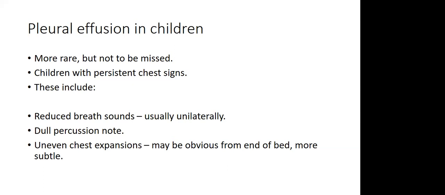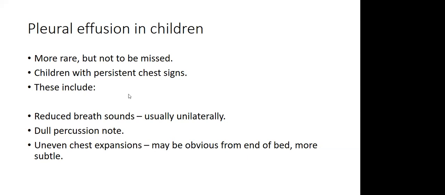So I've seen maybe 3 or 4 of these kind of children in ELWA so far. One had a complete whiteout and needed a drain, and just presented with persistently low SpO2 sats and a persistent fever. Often what you'll find is the child will have persistent signs which don't improve. You've been trying antibiotics, maybe you put them on TB treatment, and then eventually when you get the X-ray, you'll see it.